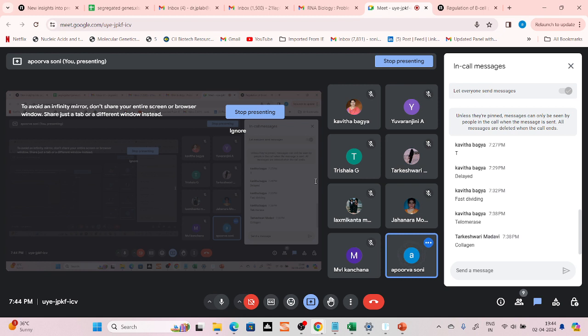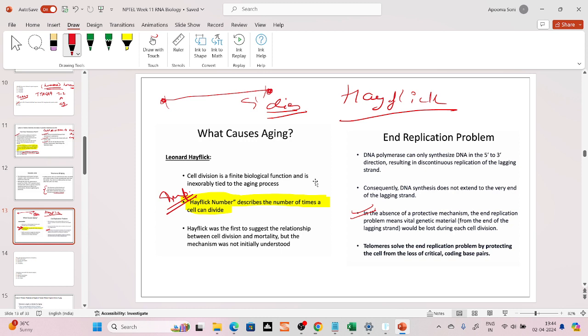Tell me. Can you just increase your voice, please? It produces gametes. Okay, gametes. So germ cells are more important because they produce gametes